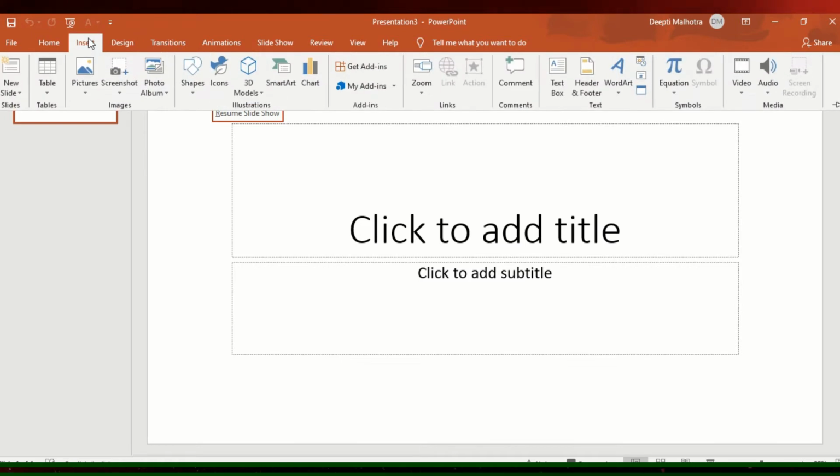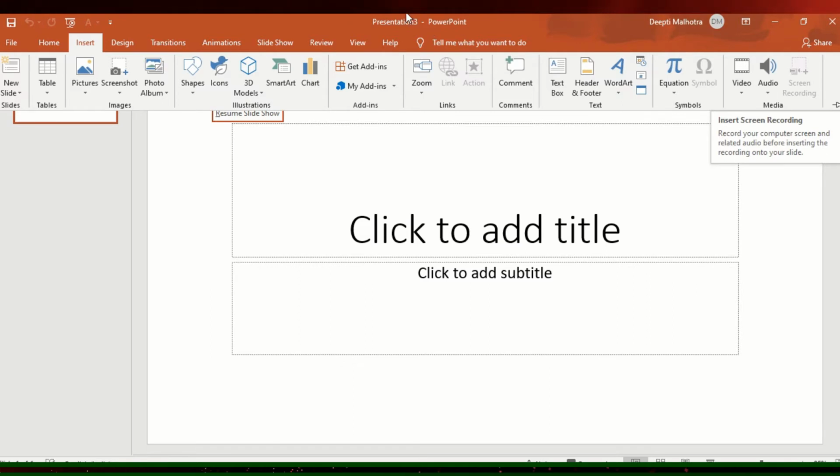I will go to Insert. Now there is an active icon of video and audio in the Insert tab, and along with it there is an option called screen recording. Now you can see the screen recording is already active here because I am using the screen recording option to record this video. If you look very carefully, there are dotted lines on this side, which is the screen which I want to record, and I have selected this screen.